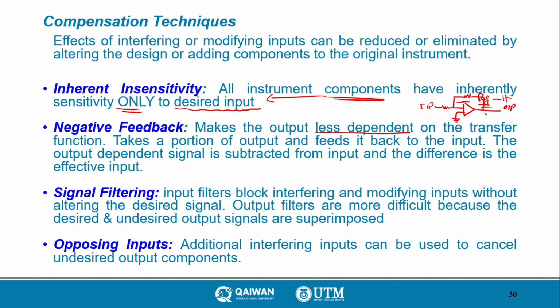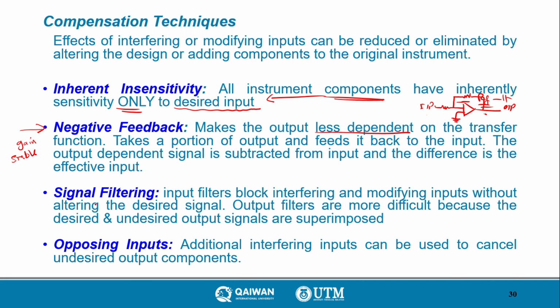It takes a portion from the output and feeds it back to the input. The output-dependent signal is subtracted from the input, and the difference is the effective input. Here with negative feedback, the system gain is more stable